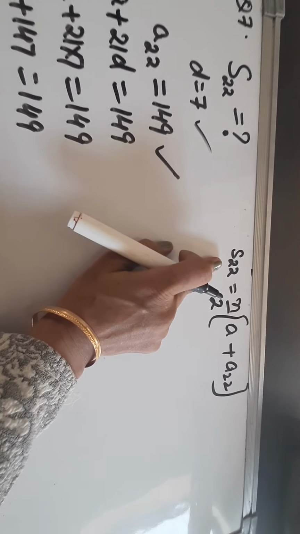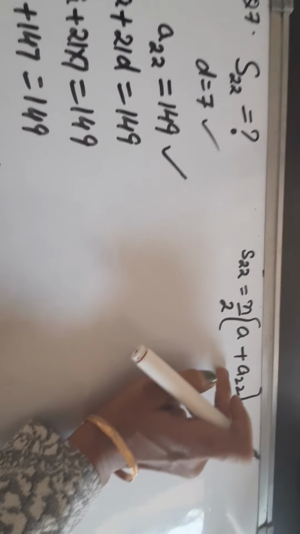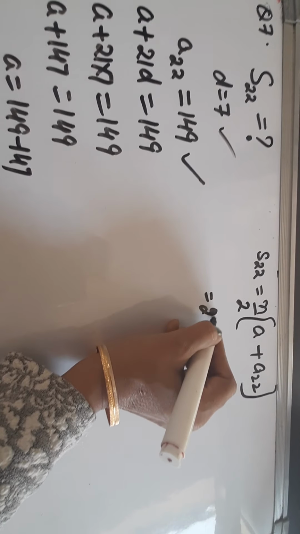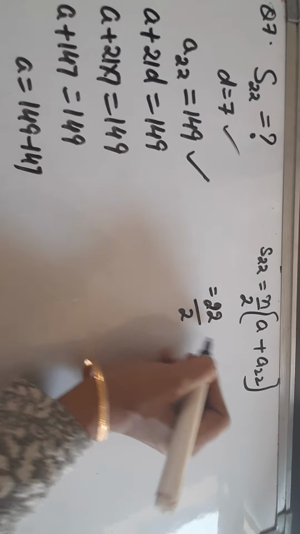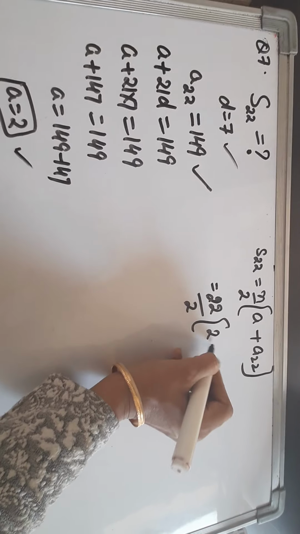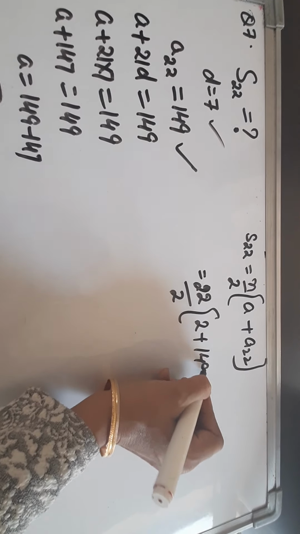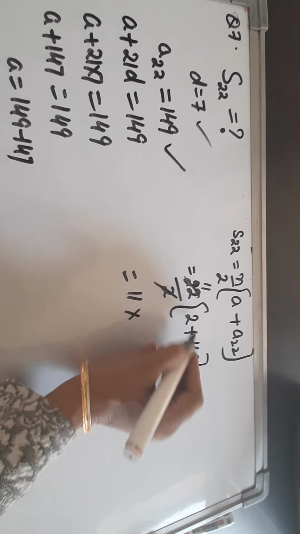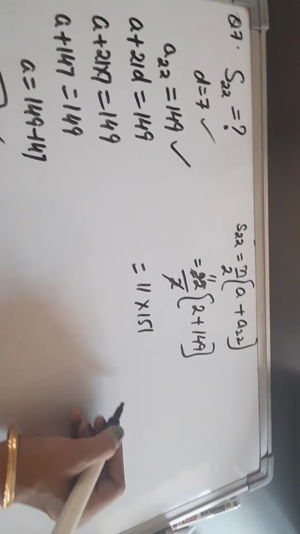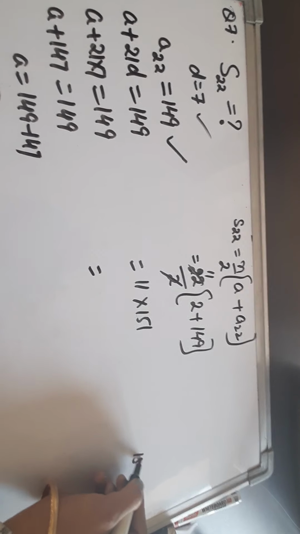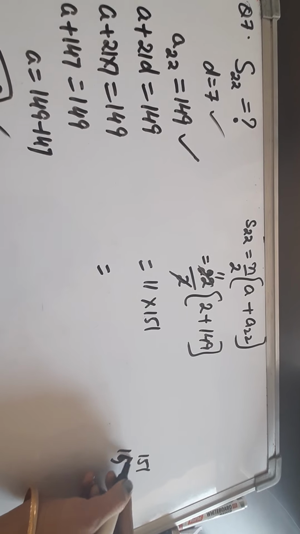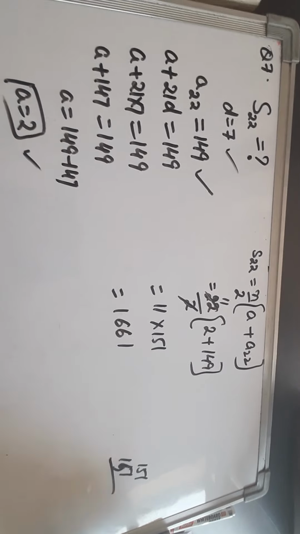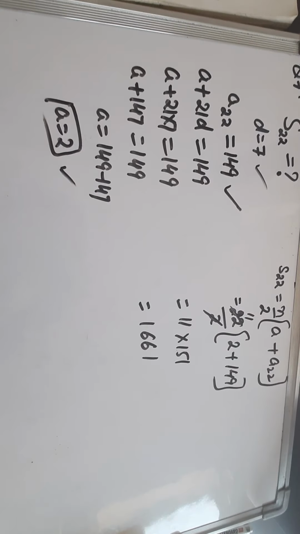अगर 22 टर्म्स का ही सम निकालना है तो मीन्स लास्ट टर्म 22nd टर्म इज गिवन टू अस. So we will take n as 22, जो यहाँ होता है वही लेना होता है. We got a as 2 plus a22 is 149. So by solving it we will get the answer. इसे सॉल्व कर लेंगे. So the answer will be, multiply this by 11, we will get 1661. The sum of first 22 terms will be this.